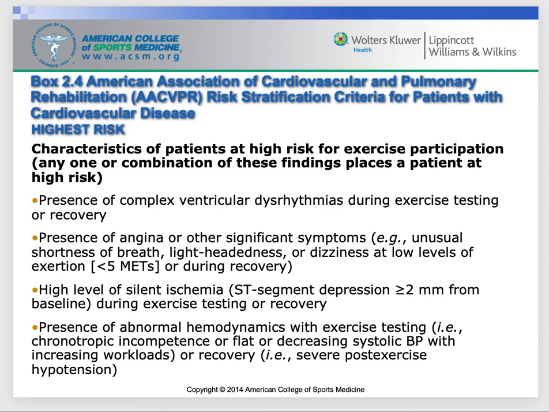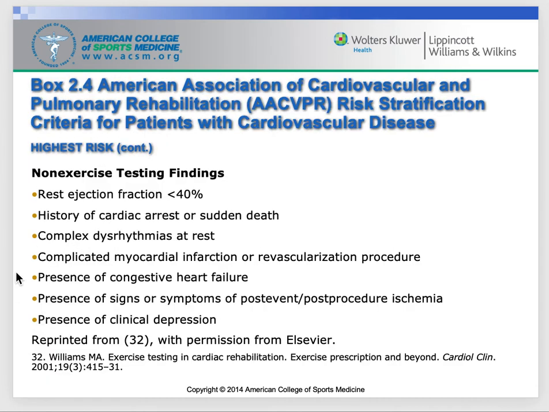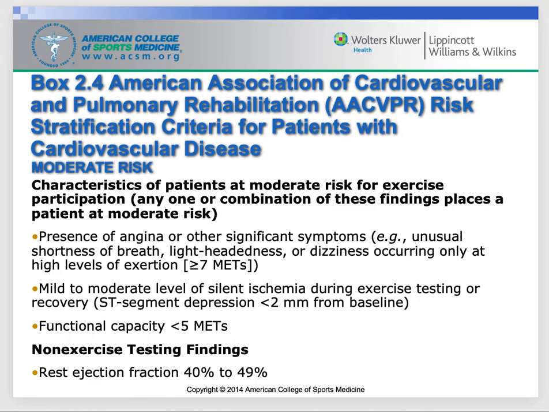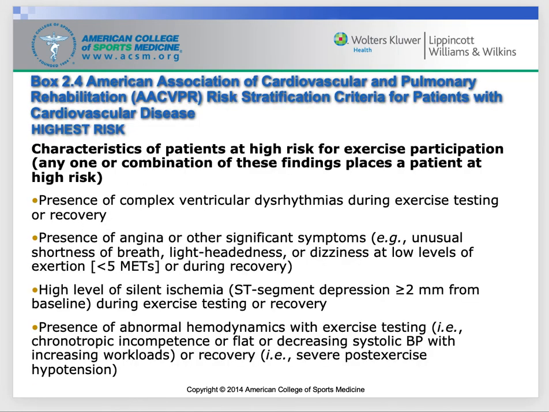Or what we call, this is a fancy word that you might not know, chronotropic incompetence. We see this all the time in cardiac rehab. So chronotropic incompetence is presence of abnormal hemodynamics during exercise. These are the patients where systolic blood pressure and heart rate are not doing what they should be doing. It's not coming down. The heart rate's still tachy. So we call that chronotropic incompetence. Sorry, my cursor slid. So any one of these would put them at a high risk. And then the next slide is